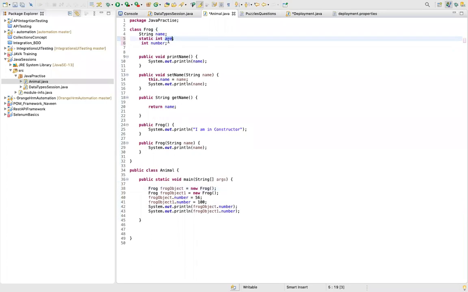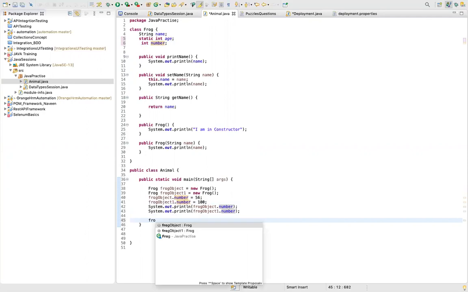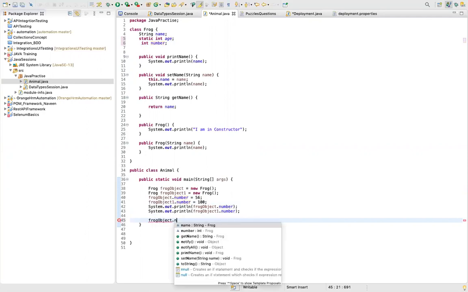So how do we access age? Everyone knows how to access number. To access number, we already have an object, frog object dot number. Now to access age, again we can say frog object dot age.